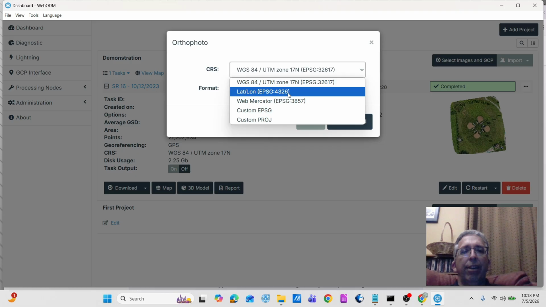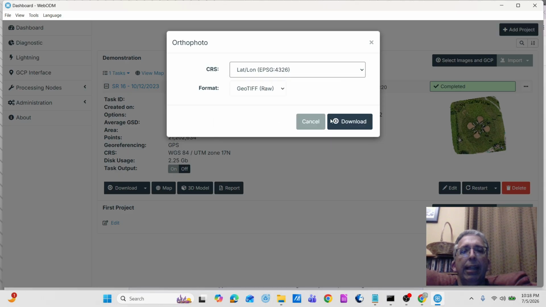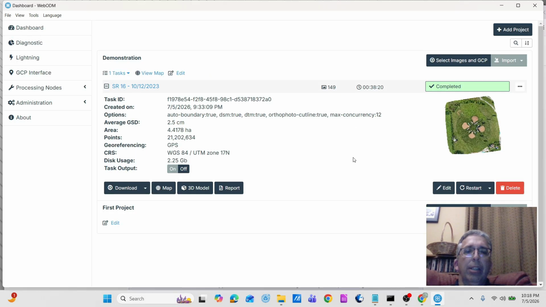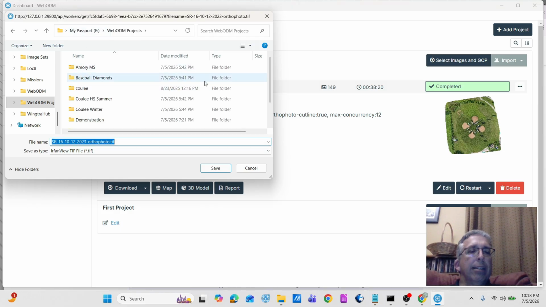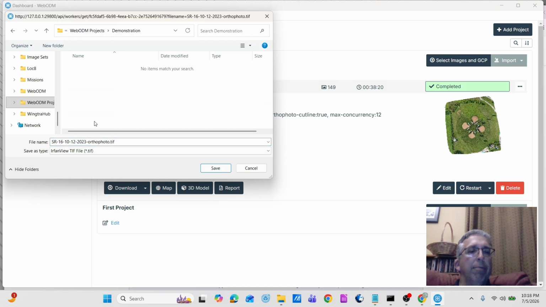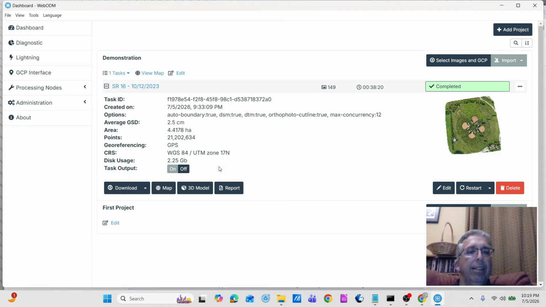So if I drop down here, you can see that I can select EPSG 4326, which is latitude longitude. If I pick that, I download, it's going to actually convert it and download the file. So it'll take a little longer, but it's going to give me that TIFF file. So I have a demonstration folder in my separate WebODM projects folder. That's just how I organize my projects. It wasn't automatically created for me. I save that. Now if I open it,